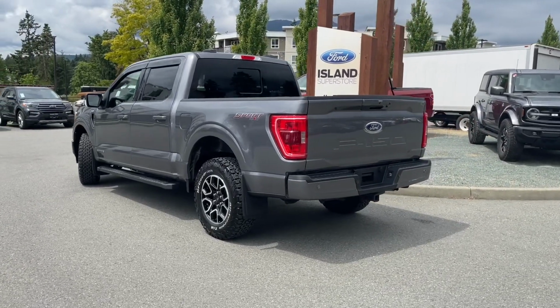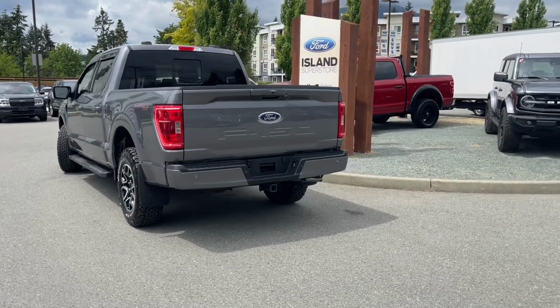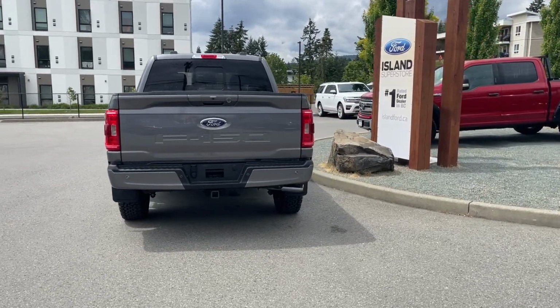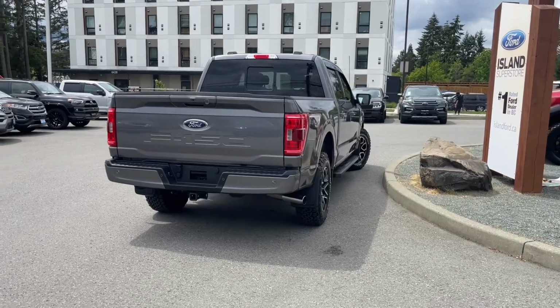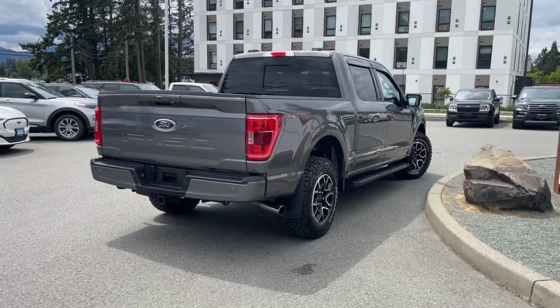It is carbonized gray in the exterior with black sport cloth interior, seating for 5 and 4 doors with a 5.5 foot box. You also have the Pro Power on board, so that means you can plug in different items and you can actually charge them while you're traveling if you need to. You have a nice power tailgate that has a tailgate step, and you also have box link inside, many other